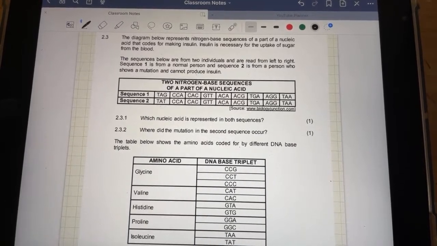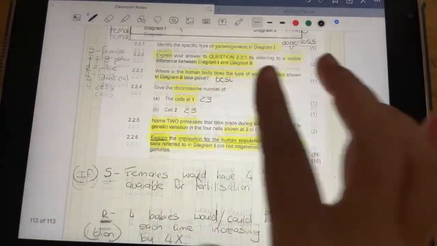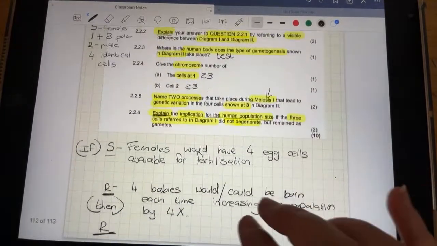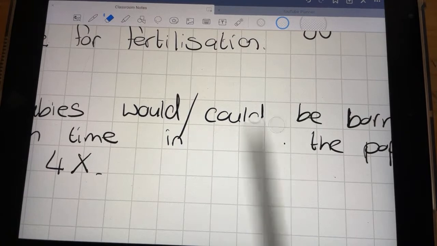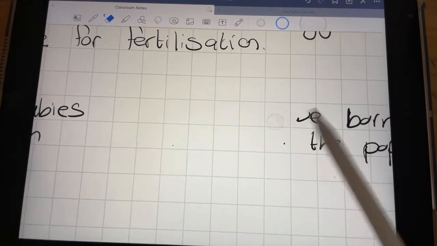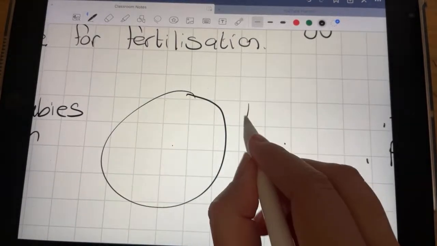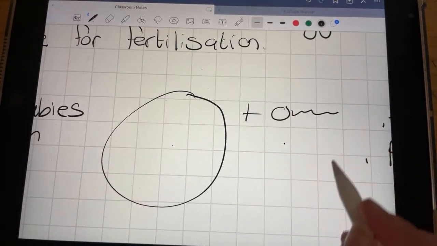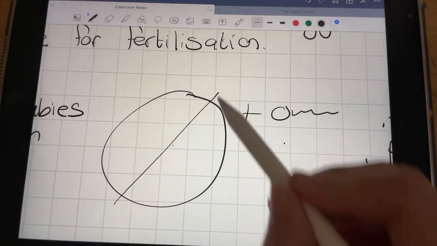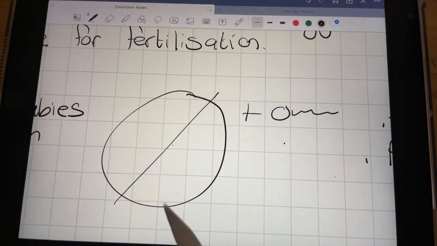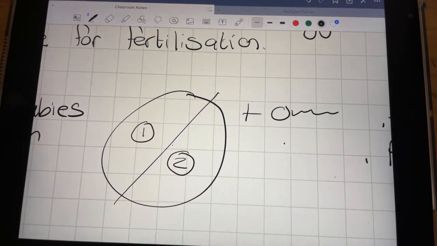Nicole is asking, how do twins and triplets occur if there's only one egg cell? I don't want to draw it on here, but it's very simple. I'm just going to zoom in super close so I can draw it for you. Basically, twins occur because if you have one egg and one sperm cell, after fertilization during mitosis, the egg cell splits into 2 by accident. And then you end up with one twin and the other half of the twin.